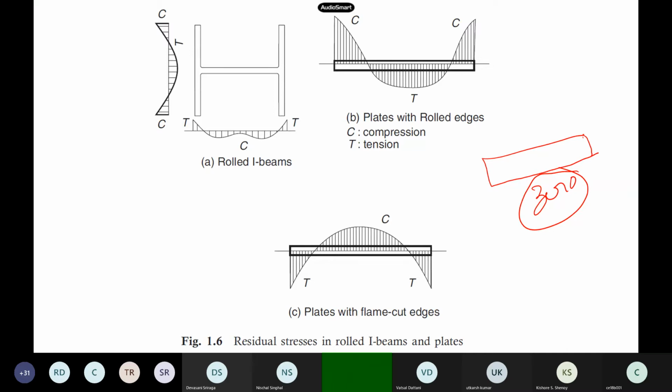Like an I section, when you are putting it in the cooling section, the cooling may be more here or less there, so we will have all these kinds of problems. So this is a quantity which can give you stress without any load, apart from dead weight.